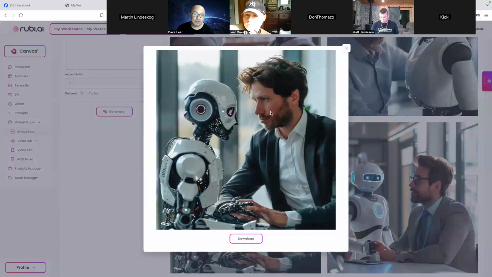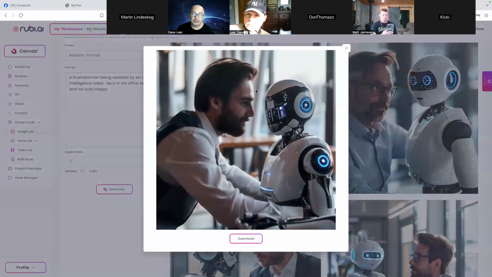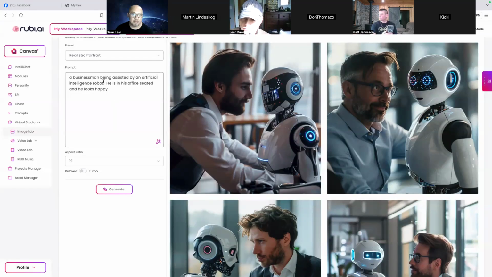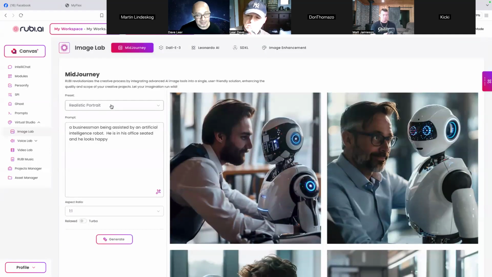Even if you want to access Midjourney, you have to pay, and even so, it's high definition images that you can use. So it satisfied our prompt: a businessman being assisted by an AI robot. He's in the office, and he looks happy. So that's how you use it, and this is very, very useful.